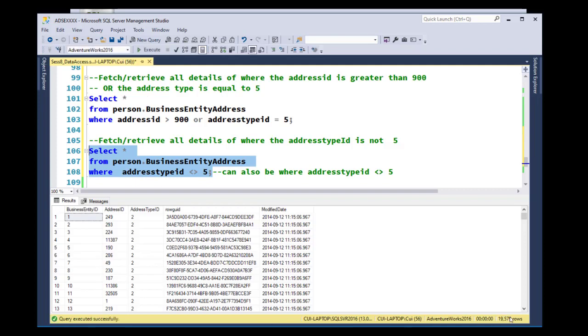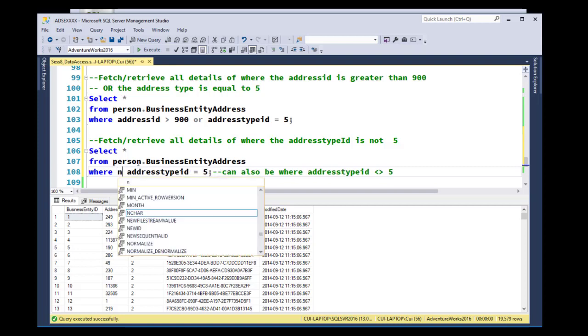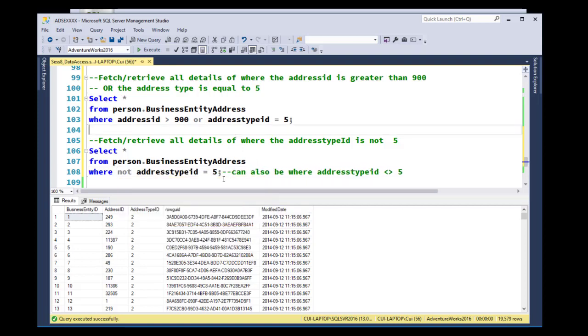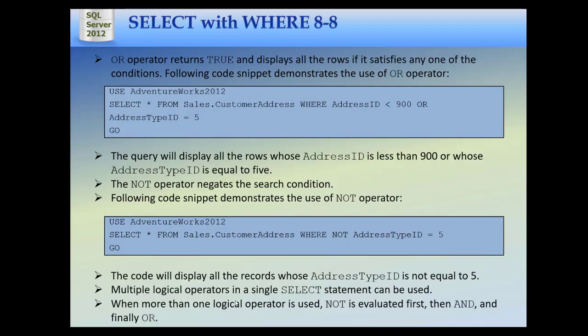So we have this number of rows, and I'll take it back to what it was and we compare and see whether we are getting the same results. Equal, then this is NOT. Highlight, execute, and we get the same results. Okay, now the code will display all records whose address type ID is not equal to 5,